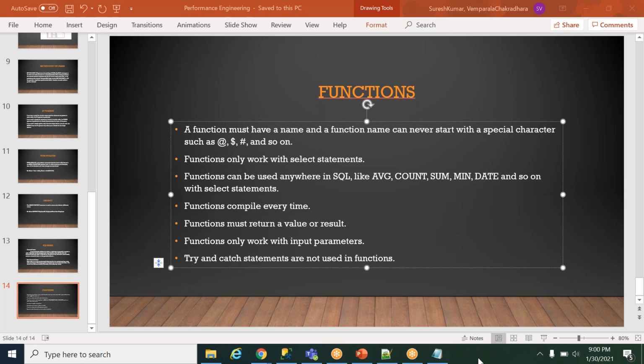Then again I'll update. These kinds of scenarios are where we use functions. They will not do anything individually; we should always call them in the stored procedure itself. The very good example I have given is comma separated values. If I want to take every value one by one, I'll pass the comma separated value as the input parameter.